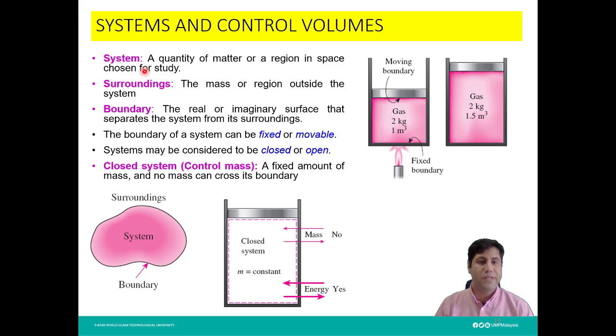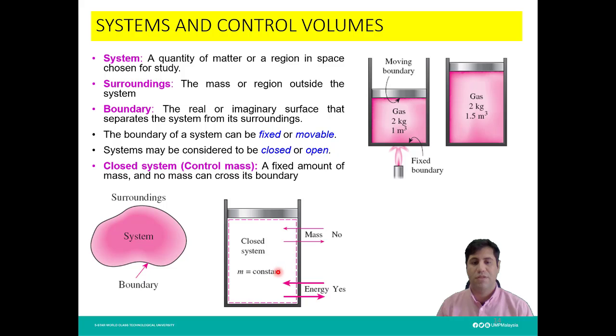And the border between the system and surroundings is called the boundary, which can be a real or imaginary surface. Like you can see here, for example, here are two examples. Here is a system which can be some region in space. It's okay. It can be our system, but you can see here, the border is imaginary, but sometimes it can be the space inside